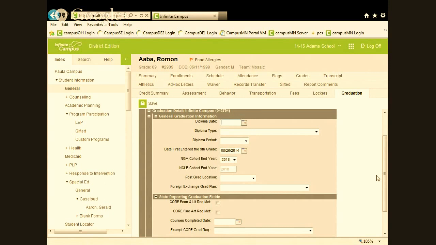When kids graduate and you end their 12th grade record, you're going to give them the defaults that you want, and you can do that by groups of kids, by grade levels, by schools, whatever you want, and then it will mass apply that to their end date and into the graduation tab. So a lot of it's done with Wizard tools and automatically taken care of based on enrollment processes within Infinite Campus.